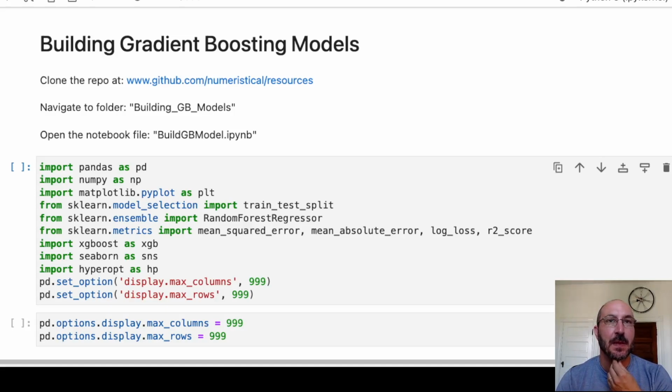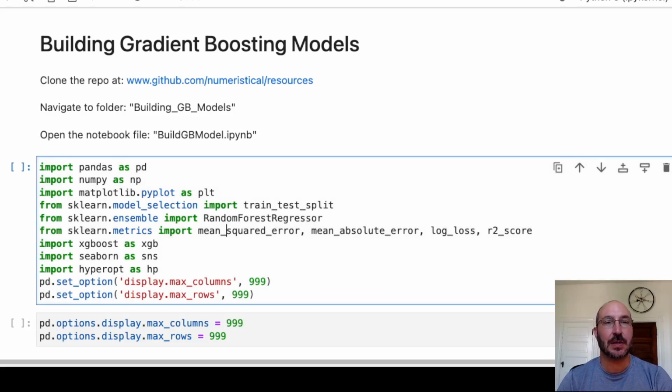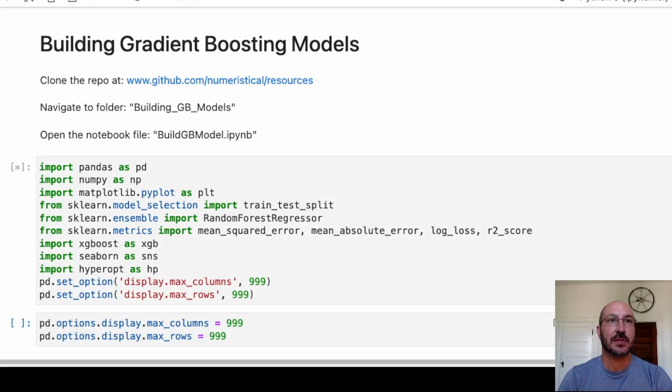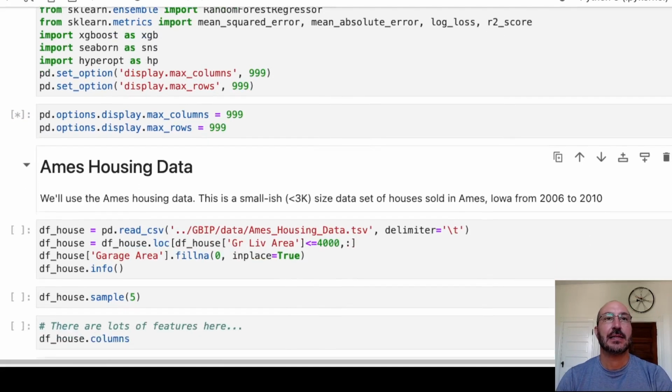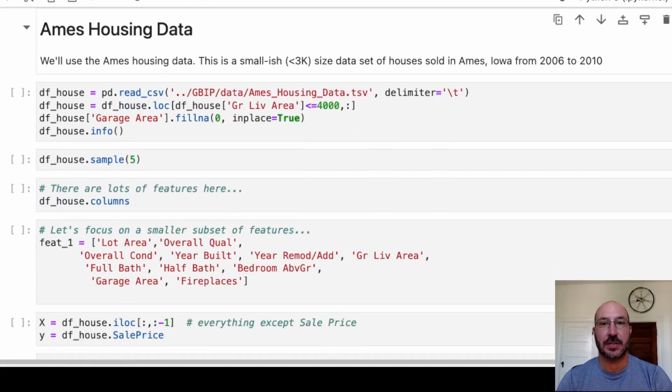www.github.com/numeristical/resources, and then you'll navigate to the folder Building GB Models and open the notebook file, which is the notebook I have up here called buildgbmodel.ipynb. You'll be able to follow along directly. So we're going to do a bunch of imports to start, and we're going to be using the Ames housing data. So this is a smallish data set, about 3,000 data points about houses sold in Ames, Iowa from 2006